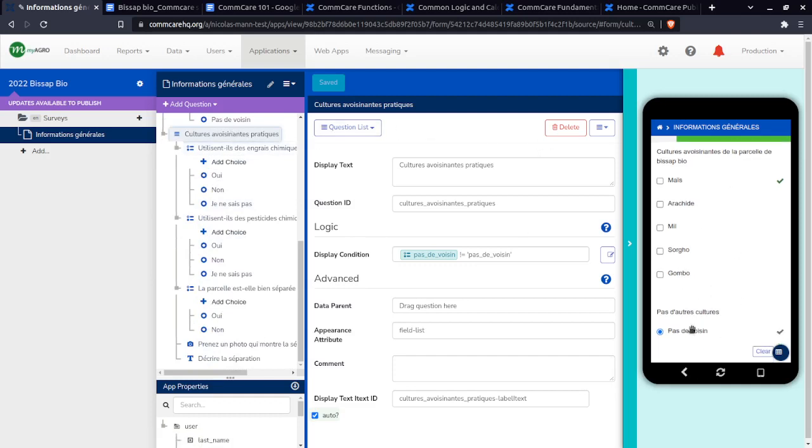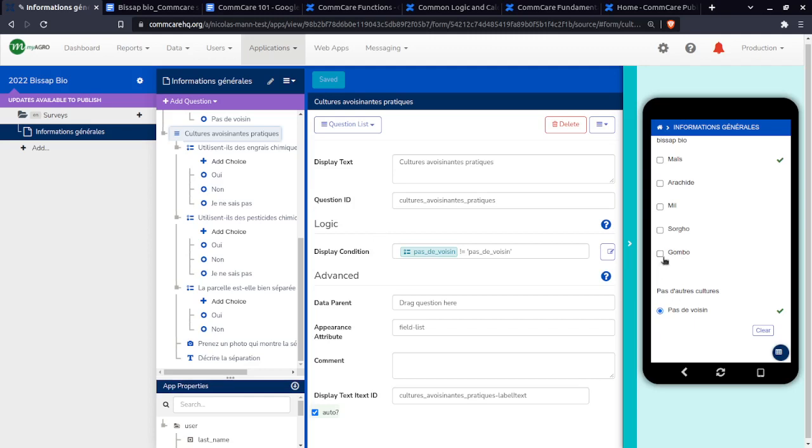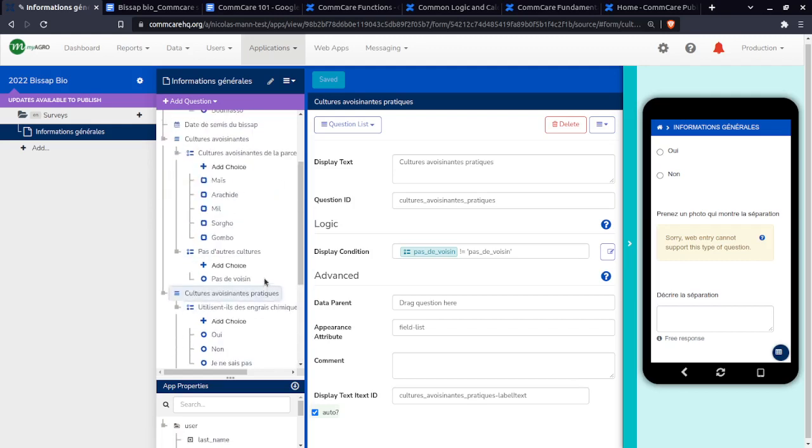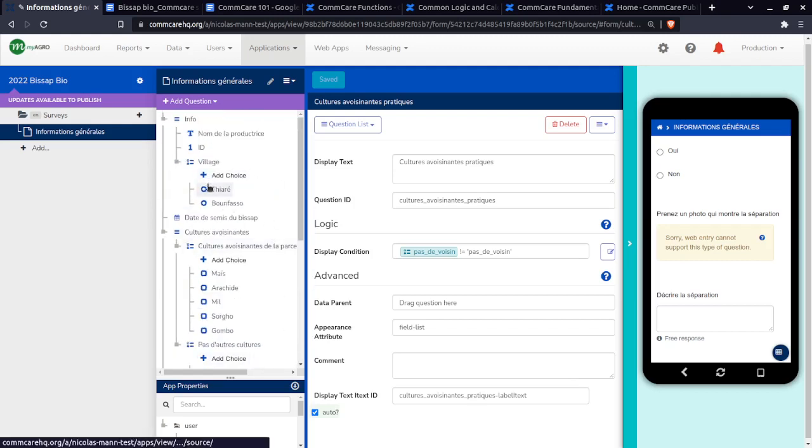Okay, so I wanted to look at what the photo thing looked like on an actual phone. So you'll see here it just says, sorry, I can't do that here. So we have to go to an actual phone to do that. All right, I've got my little app here. I want to see what this looks like on my phone. The thing to do is to make sure it's saved,